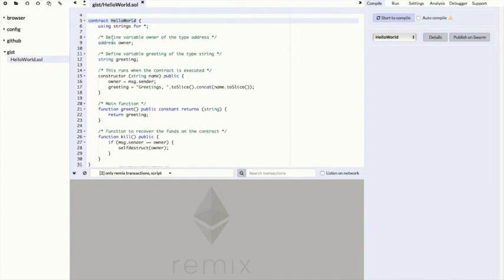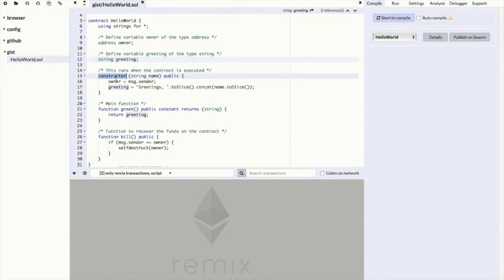The owner variable points to the user who deploys the contract on the blockchain. Apart from that, you can define as many variables as are required by your program logic. Here we have defined a single string variable, greeting, that will contain the greeting populated as per the user's name.